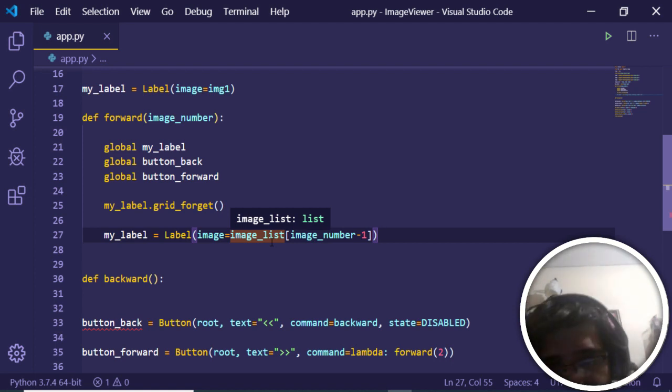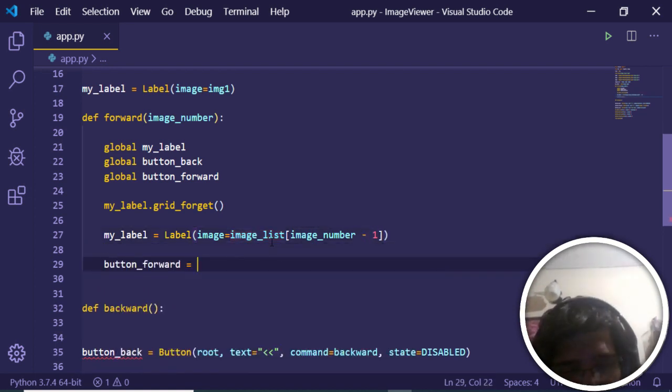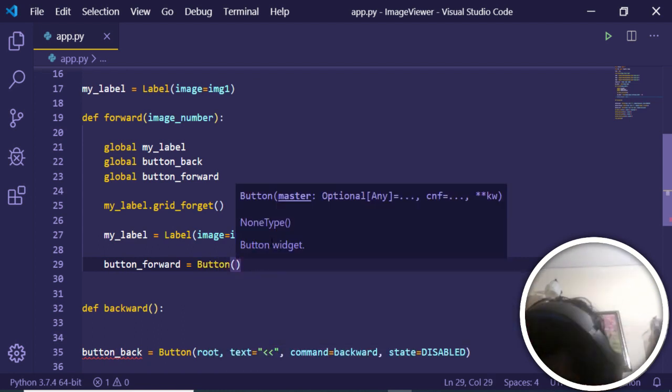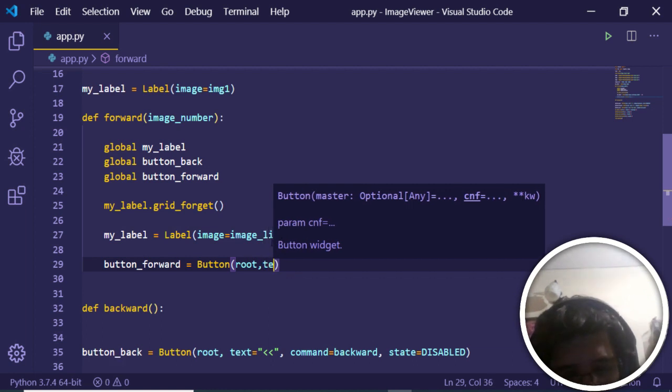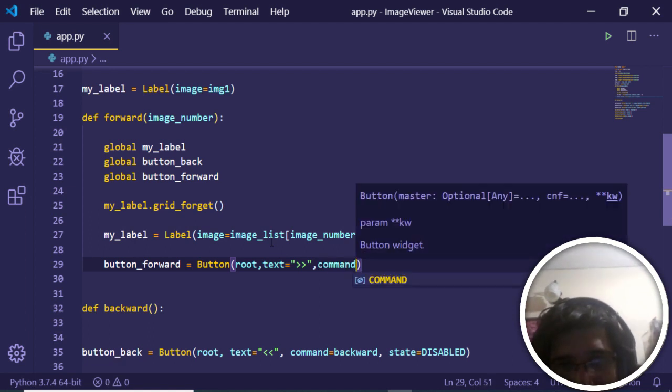So after this we just need to define our button forward. So button forward will be equal to button, and we just need to add it to the root. The text will be again this one, and the command will be equal to